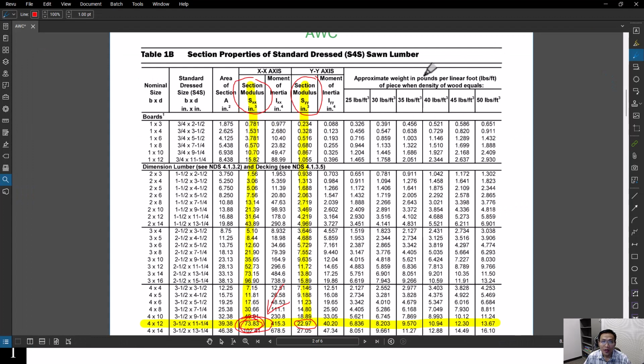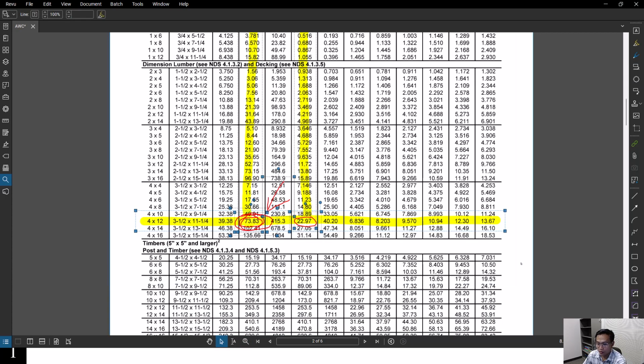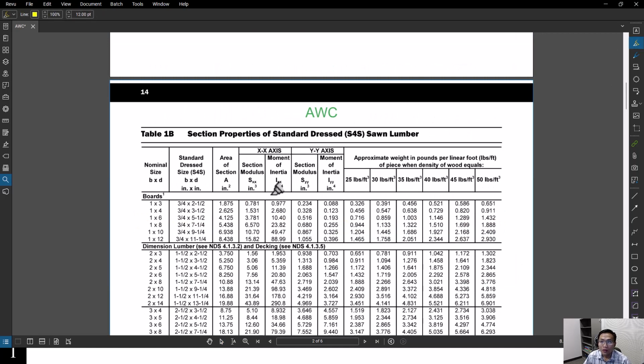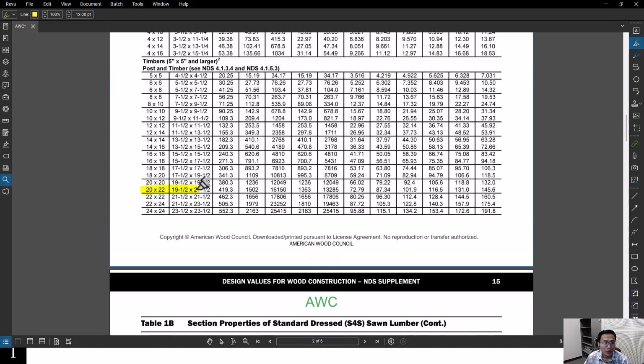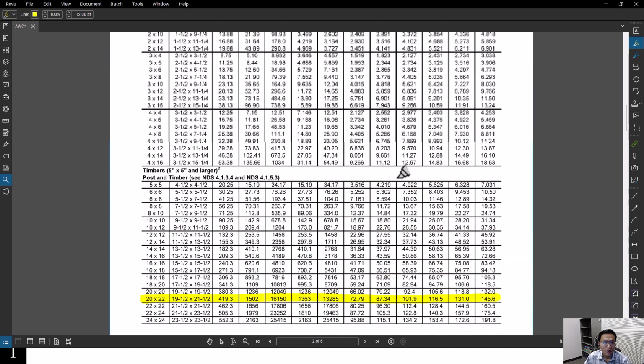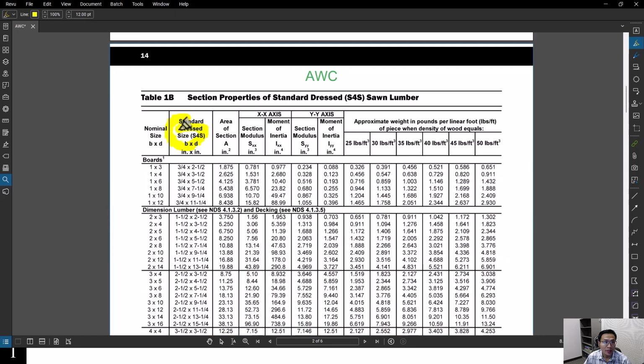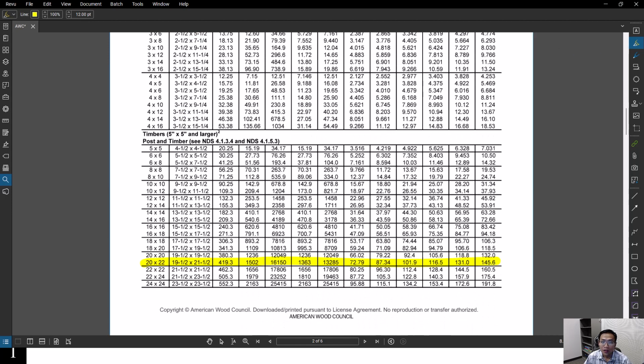Next one, what is the actual dimension of 20 by 22? Then you can go back here. Let me clean up the whole thing here. All right, so we need to look for 20 by 22. This one is over here, and the actual dimension is over here. So the actual dimension of that will be